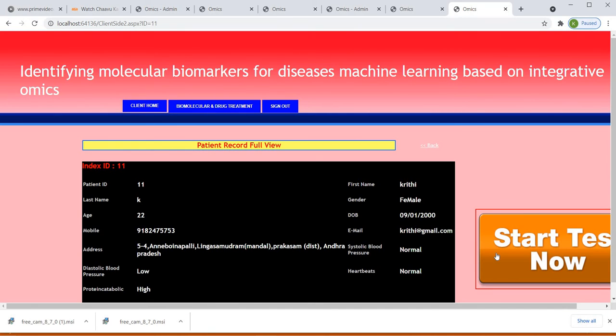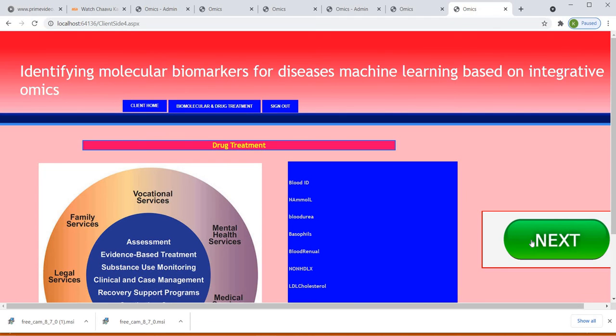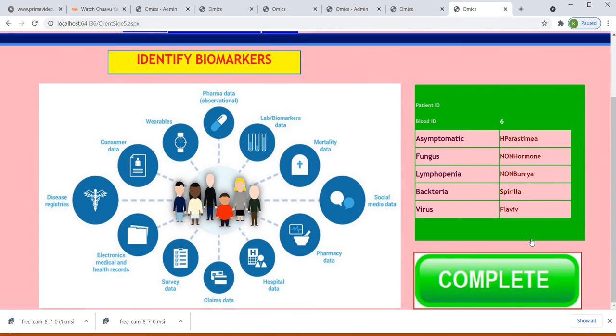These are the details, and these are what she has. And after that, what type of fungus she has, what type of medicine she has to take. That's it. Complete.